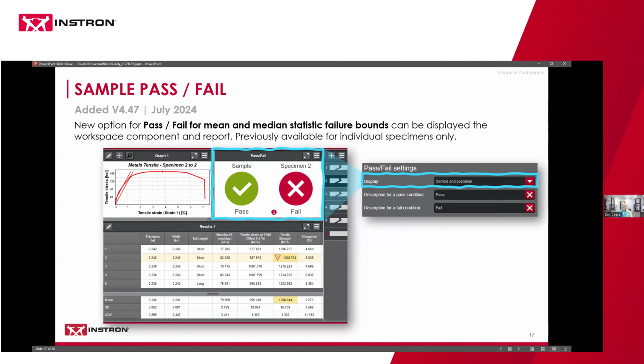Another small one, but nice one to know, is that last year in version 4.47, we enhanced our pass-fail workspace element to include mean and median statistic failure bounds for what we display as a pass or fail on your workspace, but also on your results table that you're exporting. And so what I have displayed here, in the method, you can go to pass fail and you